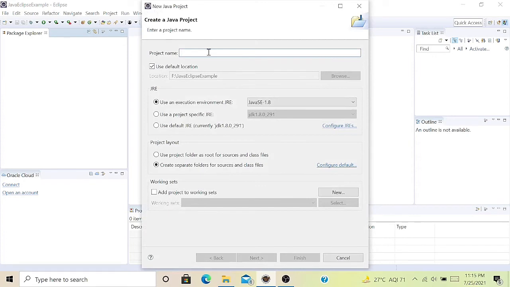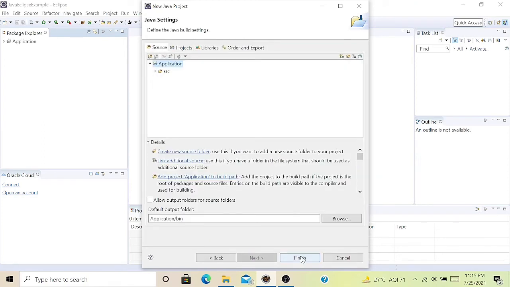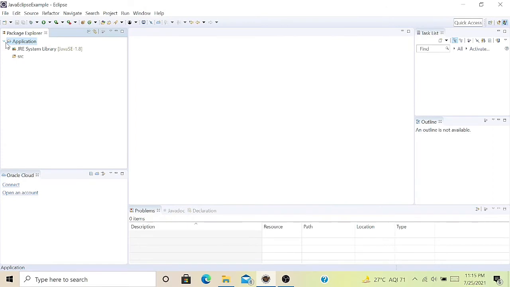Here you need to enter any project name, like I enter application, and use an execution environment JRE Java SE 1.8, and click on Next, then click on Finish. On the left side you go to your project, then open this, and here there is